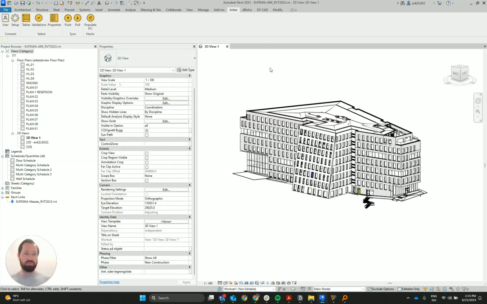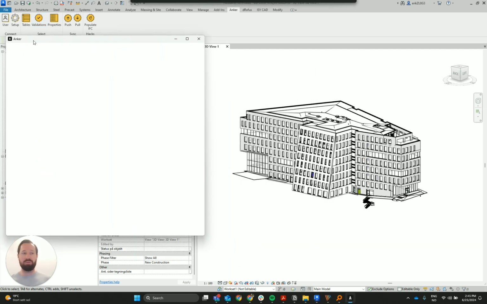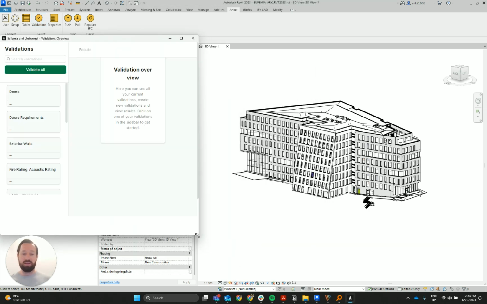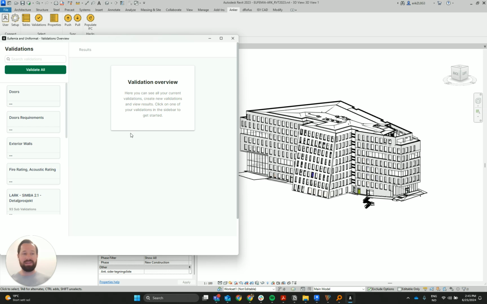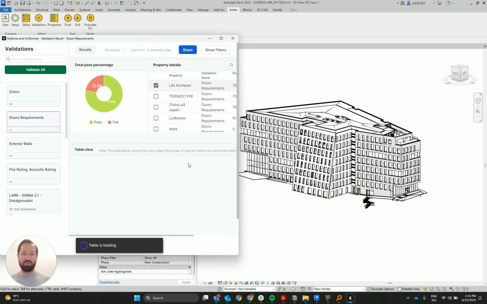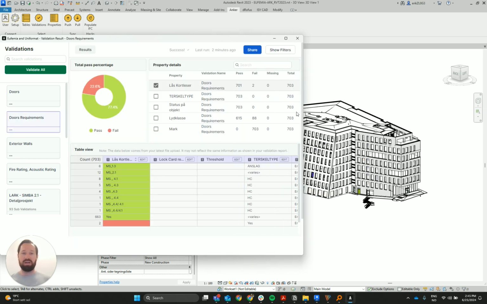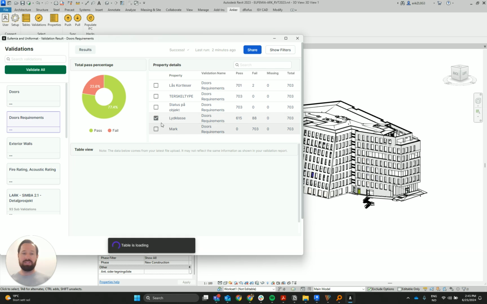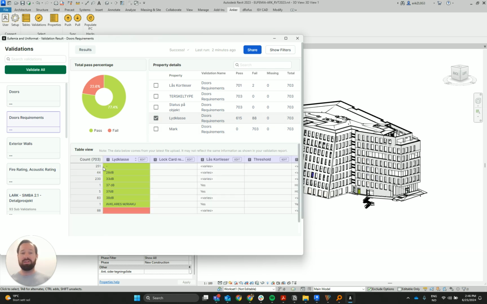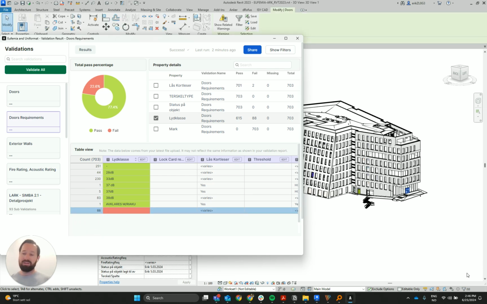If you're using Revit, of course, you can click on the validation button in our Revit plugin, and this will open the exact same UI that you see in our web application. Then if I go down and I click on this acoustic class, then you see these 88 elements or doors that are red. I click on the row with 88, and you see here in Revit, those 88 elements are